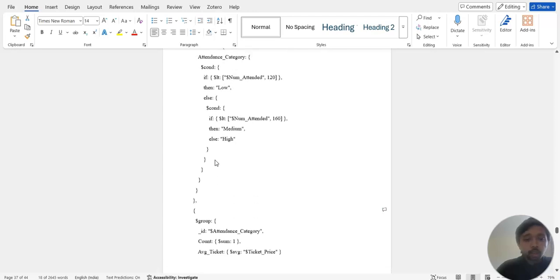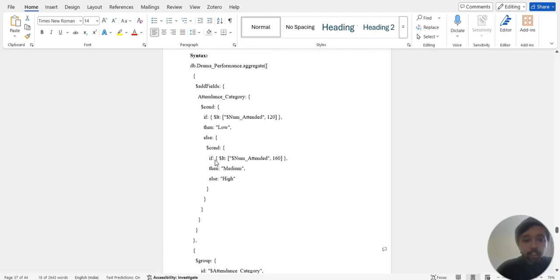Firstly, we will go to the addFields part where the attendance category is created. This operator allows us to add calculated or derived fields to each document without making any change to the previous or modifying the original data.